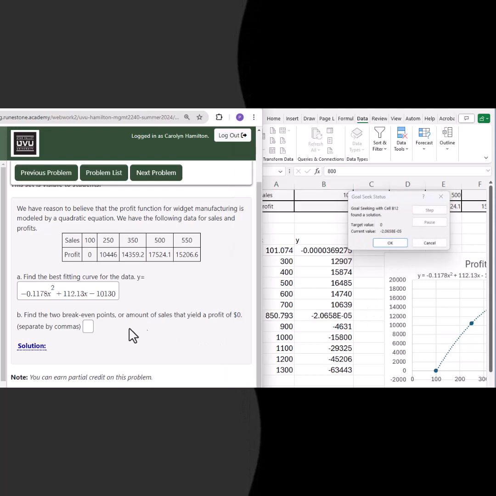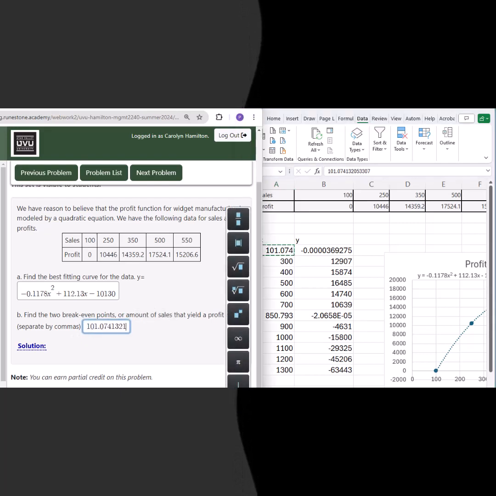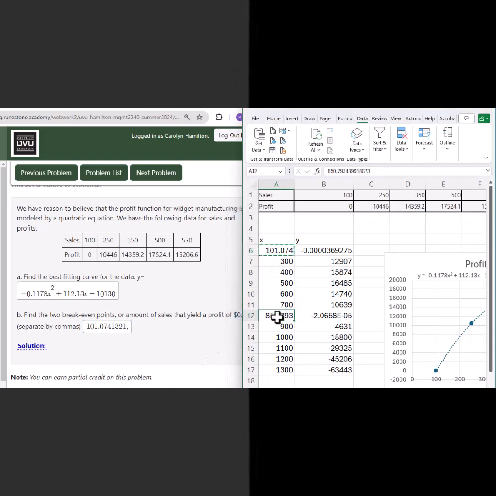Okay, the two break-even points, they want the x value, so I'll copy that and paste it in. That's my first level of sales, and my second value